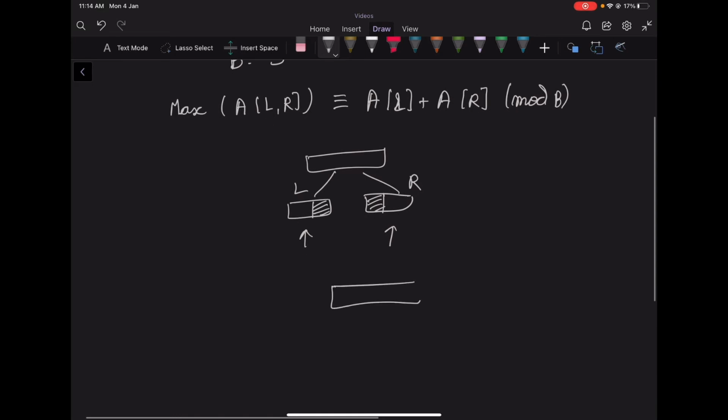So we have an array and this partition. Now we want that there is some left part and some right part, and we need to find the number of subarrays such that the maximum in this range is congruent to A[L] plus A[R] modulo B. What we will do is first assume that the maximum lies in the left part and then that the maximum lies in the right part. For the case where it can lie in both, we can also have duplicates. To counter that, we will consider the first occurrence of a value as the maximum.